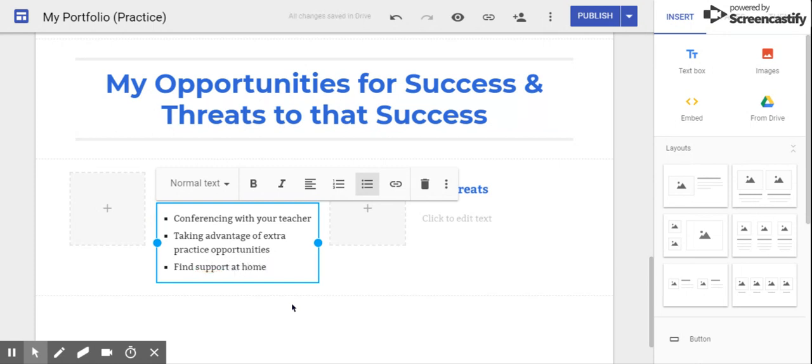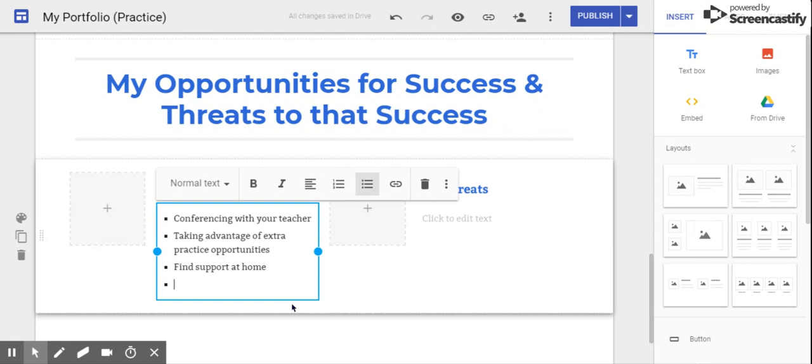And so if that's something that would work for you, maybe you've got somebody who would review your work at home, somebody who would read over your papers and give you feedback. So that's an opportunity. Again, opportunities are just things that you could have and could take advantage of.